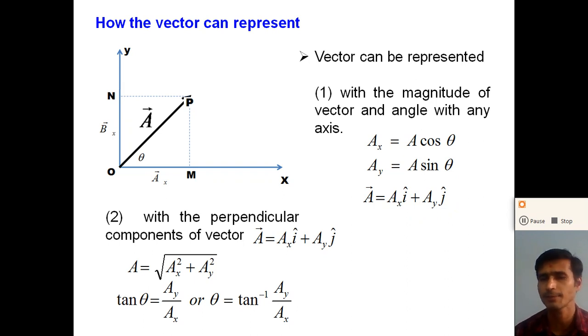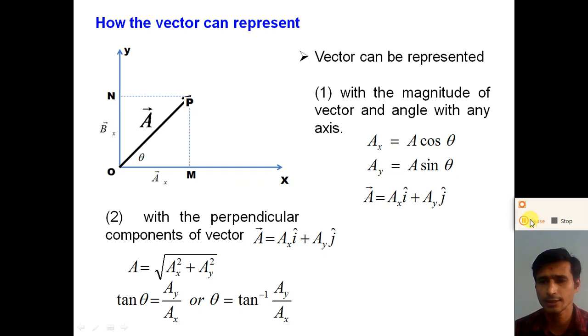Now the second method to represent the vector is this. A vector can be represented in its component form. If the component form of the vector is given to you, and if you want to find the magnitude and the angle, how can we find it? From the component form A equal to Ax i plus Ay j given to you, if you want to find the magnitude, A is equal to the square root of the square of the components, Ax square plus Ay square. In 3 dimensions, the magnitude of the vector A is equal to the square root of Ax square plus Ay square plus Az square, and the angle with the positive x-axis, theta, is equal to tan inverse of the y component divided by the x component.